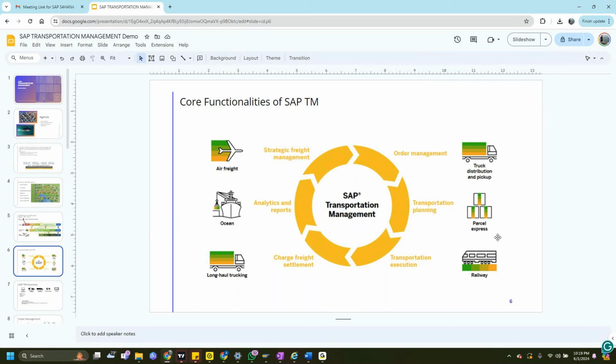In transportation planning, we have a very efficient tool called the transportation cockpit. We'll walk you through that in coming sessions, but it is the heart of transportation management. It is connected to a server outside TM, and that server runs everything.